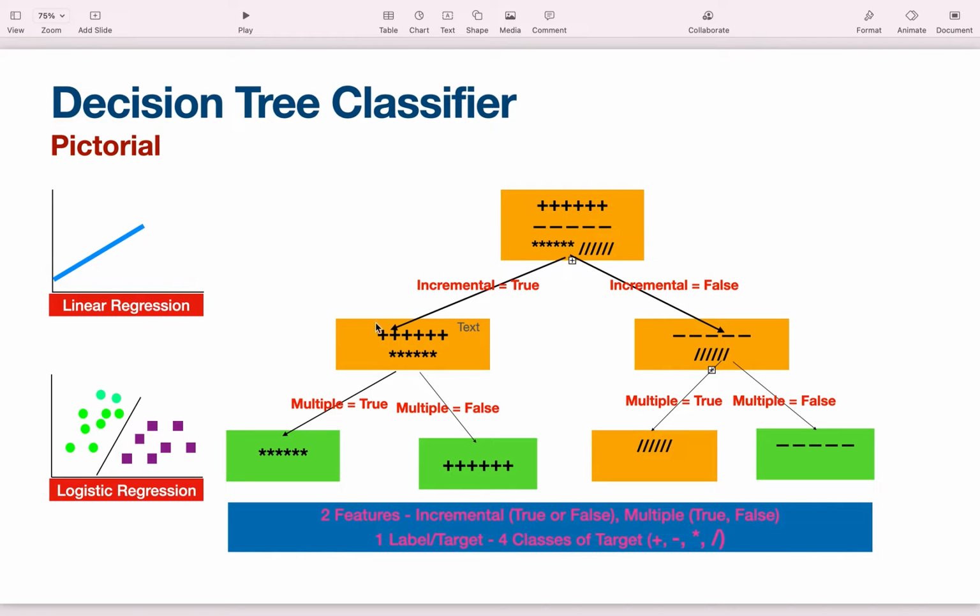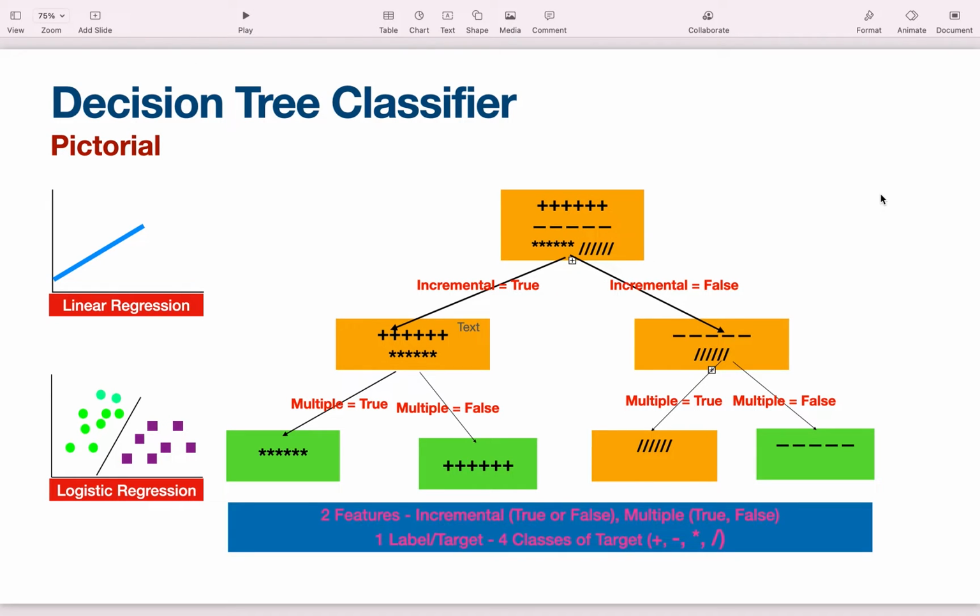Now if incremental is true and multiplication is false, we will predict it to be a plus arithmetic operator, right? So again, if incremental is false, now we're talking about subtractions and divisions, right? Within subtractions and divisions also, if we subdivide based on multiple is equal to true or false, then we are arriving at the final leaf nodes, where with the final clear decision, we only have a single cardinality or the least reduced cardinality, right? So that's how decision trees work, by trying to subdivide data based on some conditions.